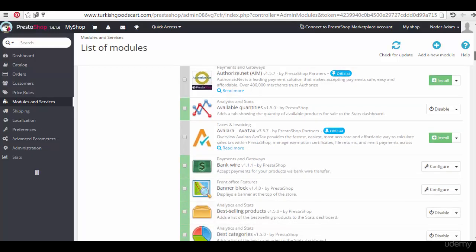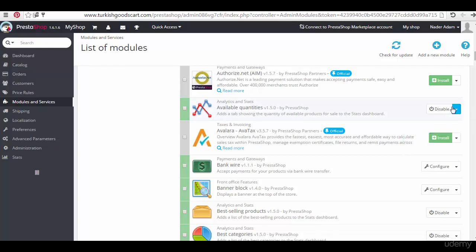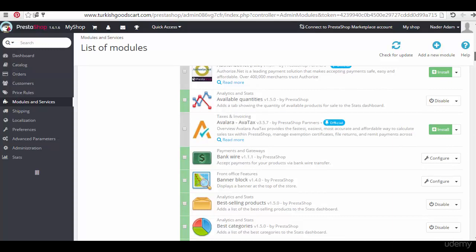Here we see the available quantities. It's installed, but it's disabled. We can change this to be enabled if we want, or uninstall. No, it's enabled, by the way. And if we scroll down,